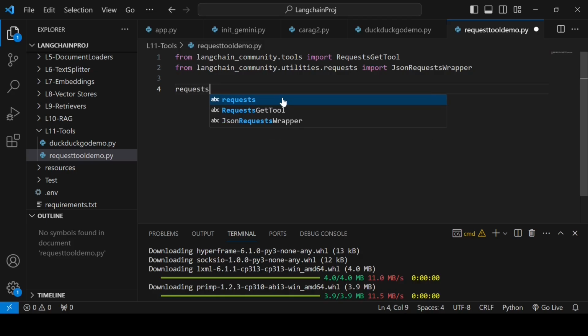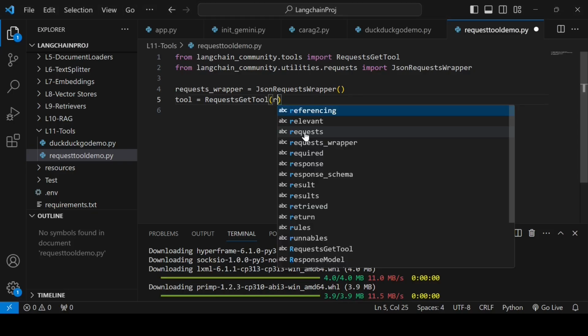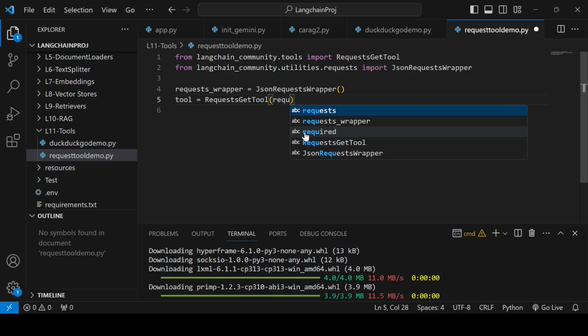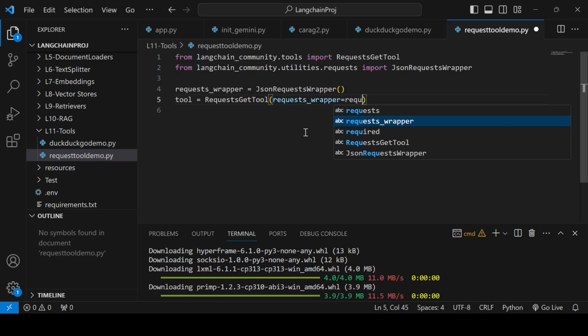I can create an instance of this also, requests_wrapper equal to JsonRequestsWrapper. Then I can create the RequestsGetTool where I can pass this information. It takes requests_wrapper as one parameter, which I can pass as requests_wrapper itself.